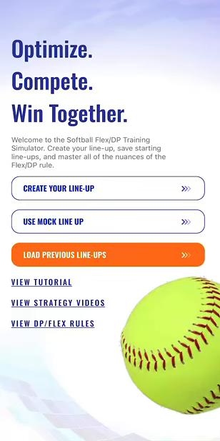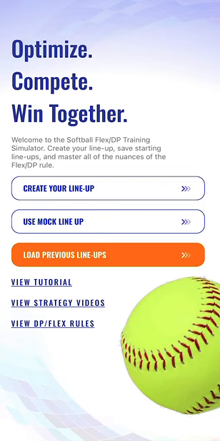A lot of coaches, when they have a pitcher who can bat, say, well, I don't need the flex or the DP. I'm just going to run with a straight 9 because my pitcher hits anyway. So I don't want her to pitch only, and I don't need somebody hitting for her. But in this video, I'm going to show you why it's advantageous to start with a flex anyway, even if